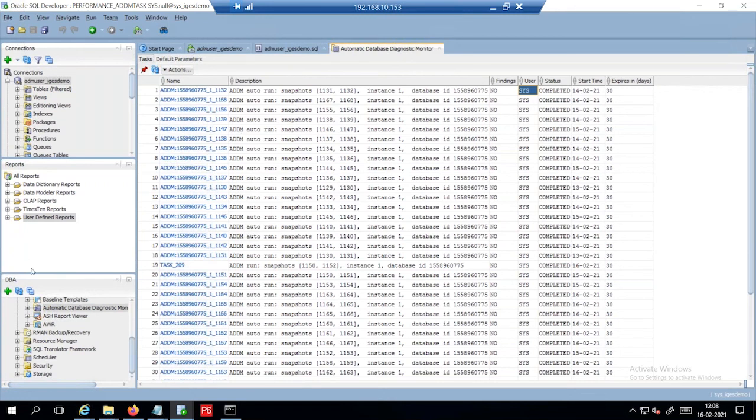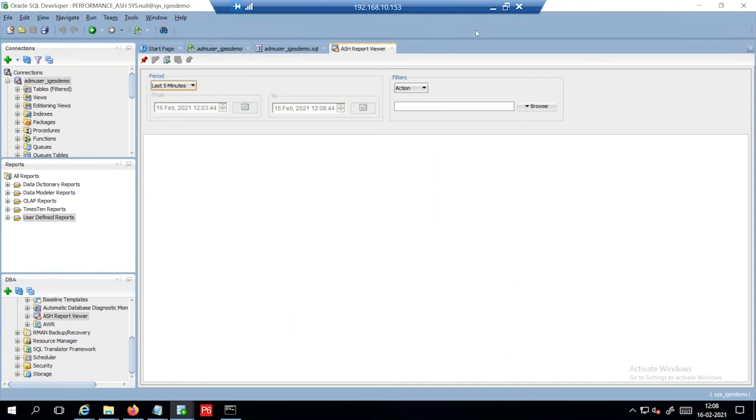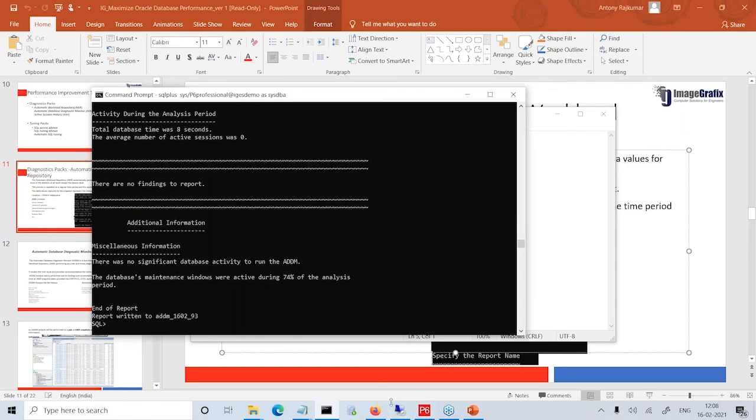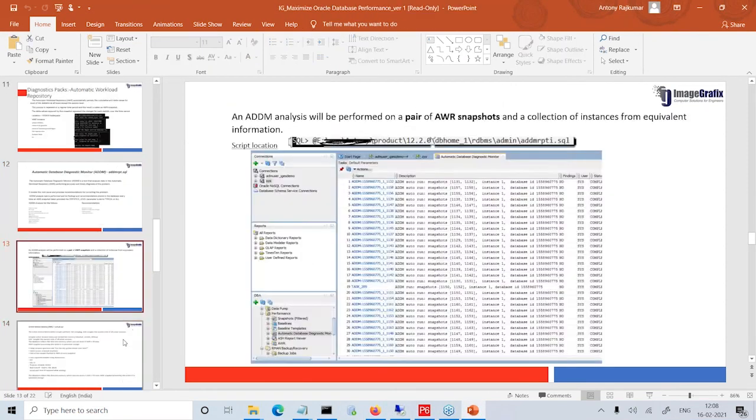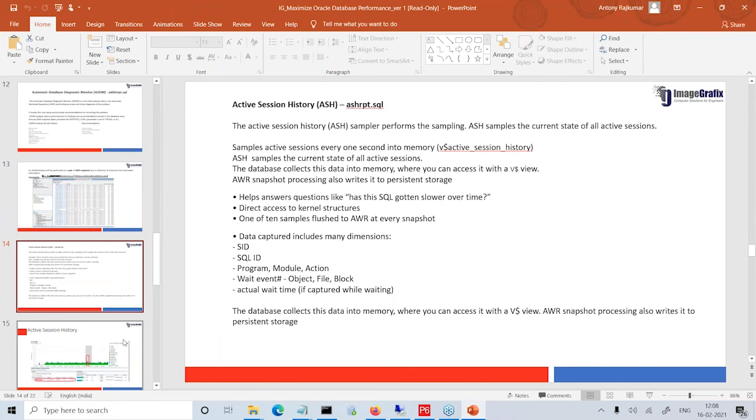The next part is the ASH report, which is also like the other parts, but I would recommend this ASH be used when you have a short time window. You might find an issue in a short duration, like 10 minutes, less than half an hour. I'm saying it approximately. If it's within 10 minutes, yes, you can go with this ASH report, which provides the active session history.